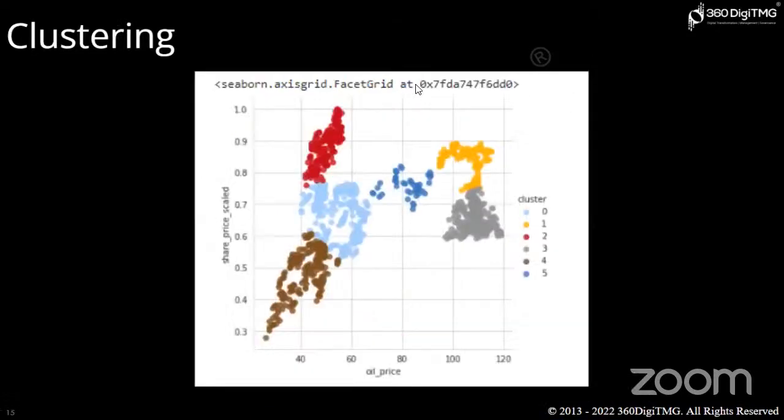So these are the final clusters that we have got. We have taken the oil price and share price, and I have got 6 different clusters here. If we notice this data, when I have my share price, when you can see here, when I have my oil price 40, what are the